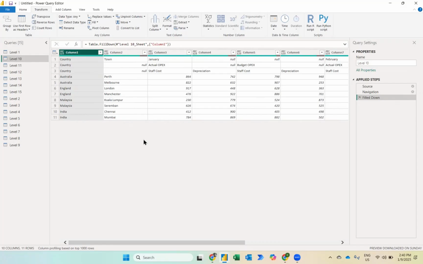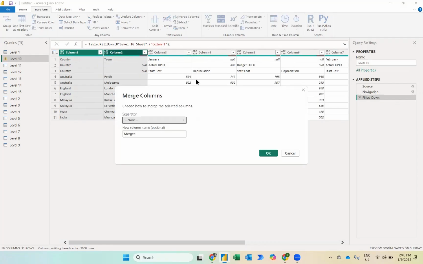And then what I'll do is I need to combine the first 2 columns. Column 1, column 2, I need to combine. Why I need to combine? Because for temporary basis, I need to combine this, and eventually later I will split it. So I will go to transform. I click merge column. A box will appear, and I want a separator to have maybe a colon, a